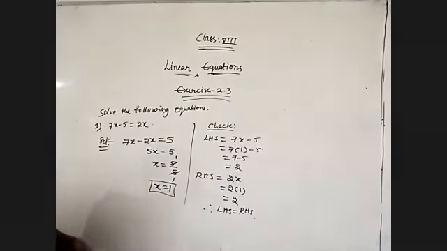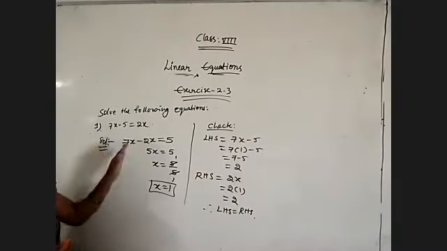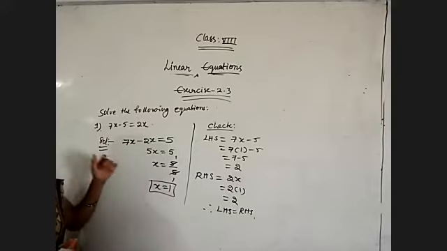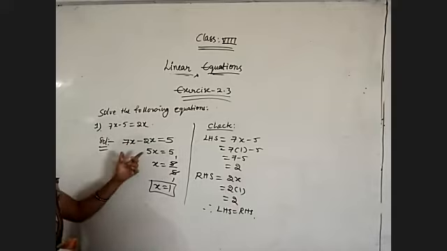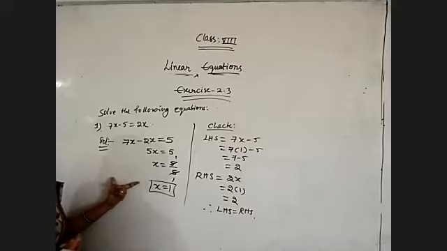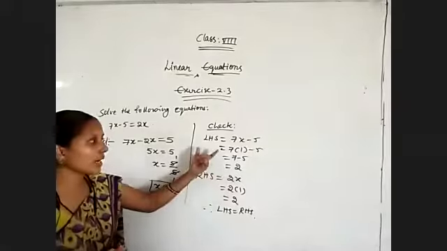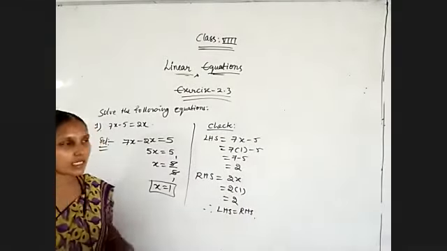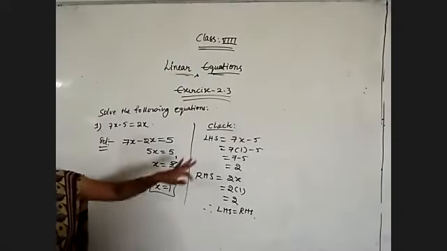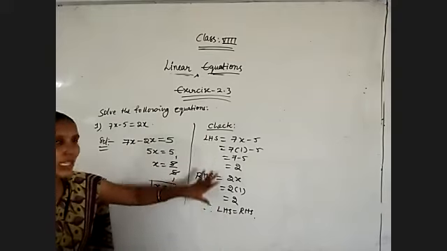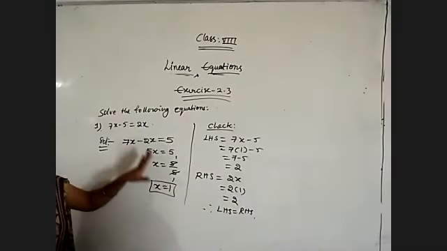Okay, this is the procedure. Whenever you are getting both side variables, try to bring the variables one side. Mostly try to bring variables at the left side. Then it will be easy to do the calculations. After getting the solution, find out whether it is correct or not by taking LHS and RHS. Substitute whatever value you get in the LHS and RHS. If LHS is equal to RHS, then only that is the correct value of x.